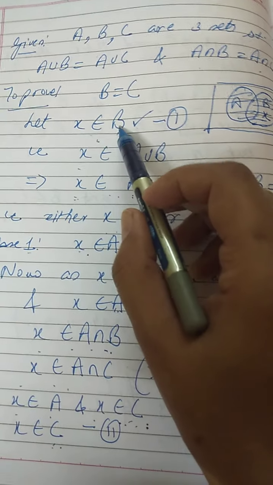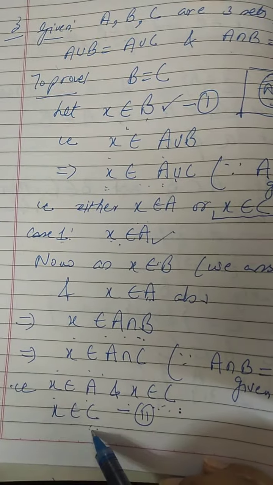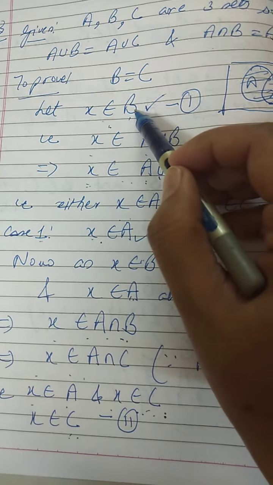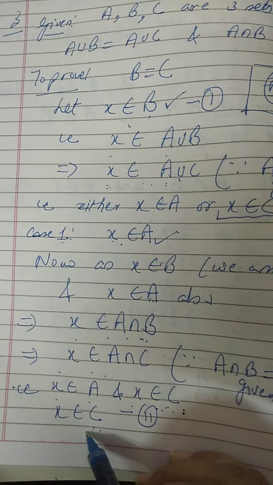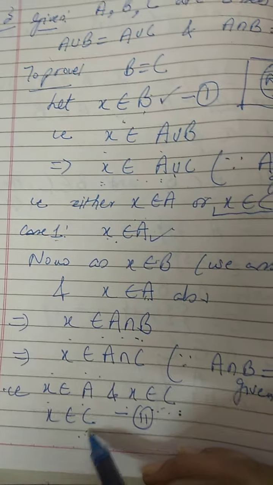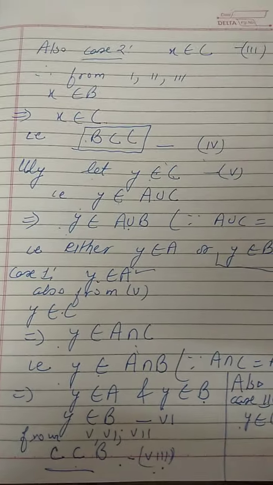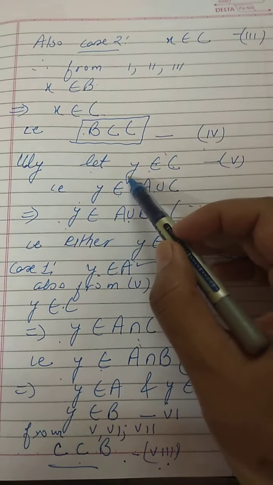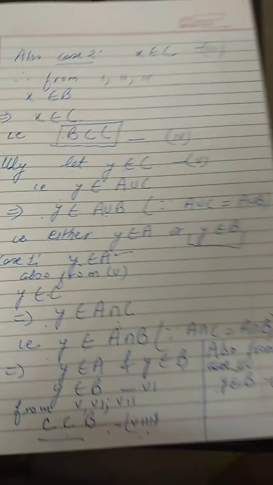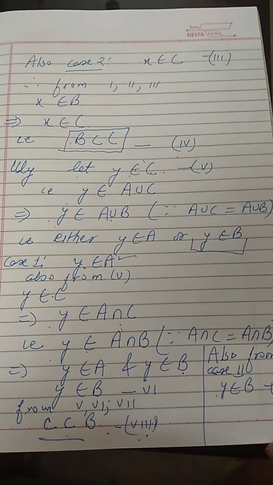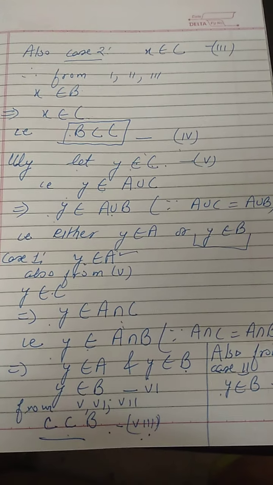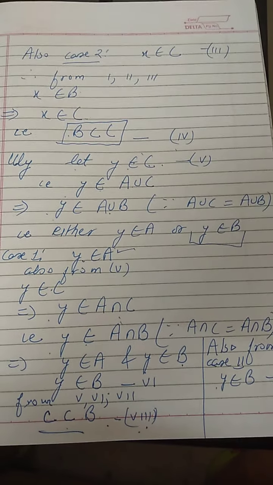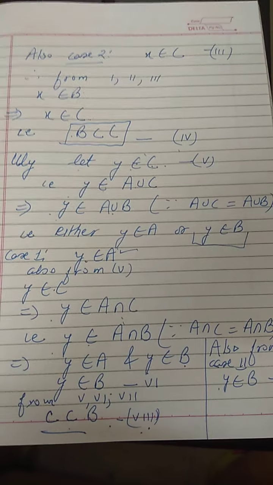So when I combine their result, we started that X belongs to B and we proved X belongs to C. So if this one element is present in B and the same element is present in the second set, the first set will become the subset of the second. And the same steps we have done for the second case when we proved that C is a subset of B. And there we took another element Y belonging to C. In this way, we proved that B is equal to C. You have to do the proof only. You cannot justify the result or verify the result with the examples.